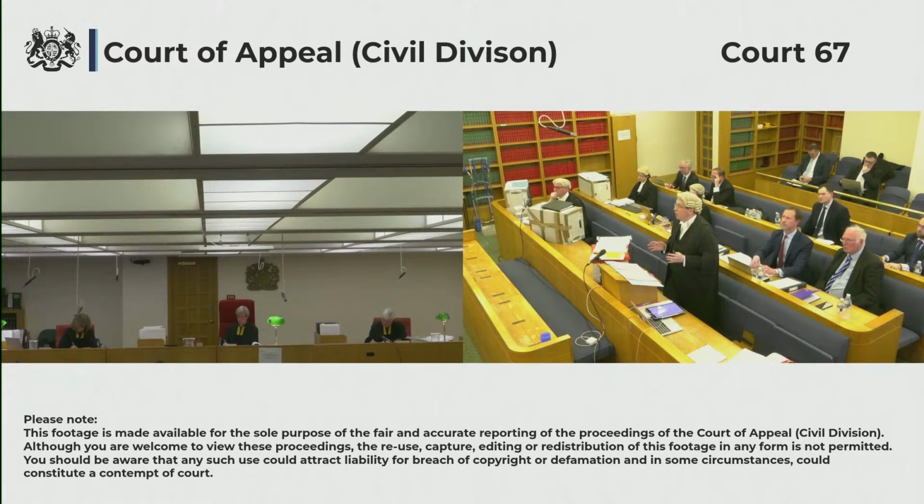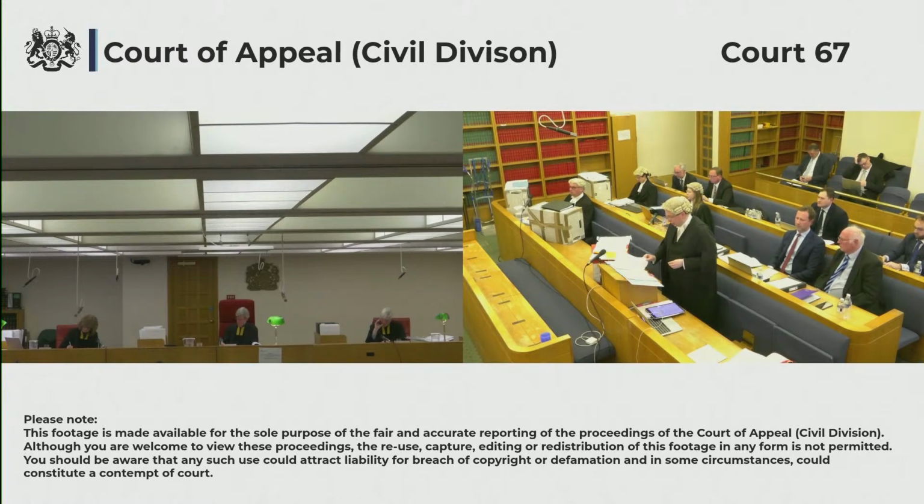Can I be clear what your submission is? Do I understand that you're submitting that the UT in GLL was wrong? Yes, in paragraph 40. I'm saying that if you are making a claim, the premise of this is that a section 790 claim is required. You might say if that condition is satisfied, if you are making a claim, then that's what you're required to do. So to the extent you need to identify a requirement, then we have that.